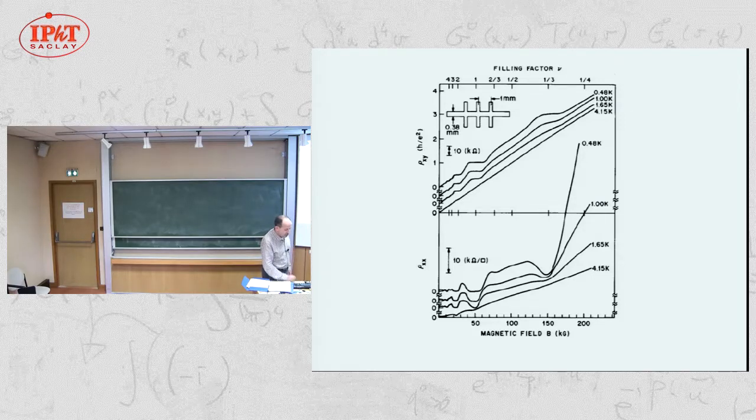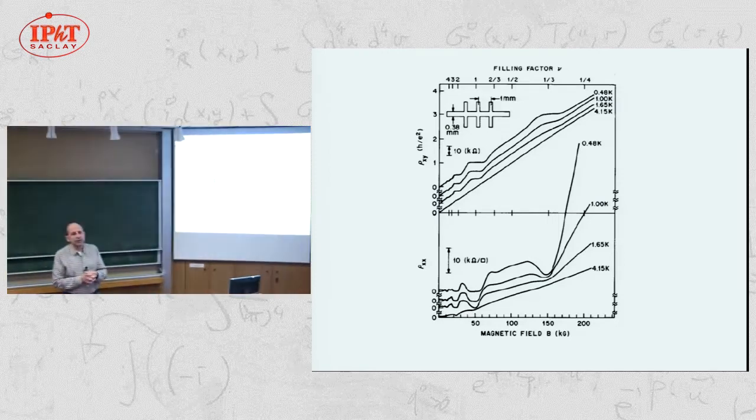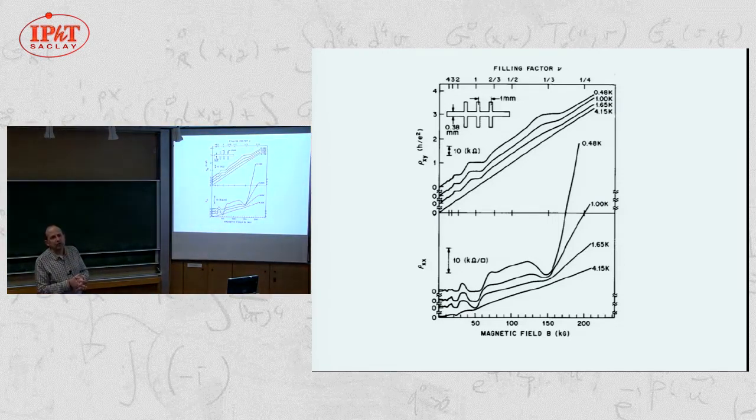Okay. Hello, everybody. So today I will describe in some detail the construction which allows us to understand many features of the fractional quantum Hall effect, which is called the composite fermion theory. I will first remind you very briefly what we achieved concerning the understanding of the integer quantum Hall effect, and what will be the strategy to understand the fractional case.